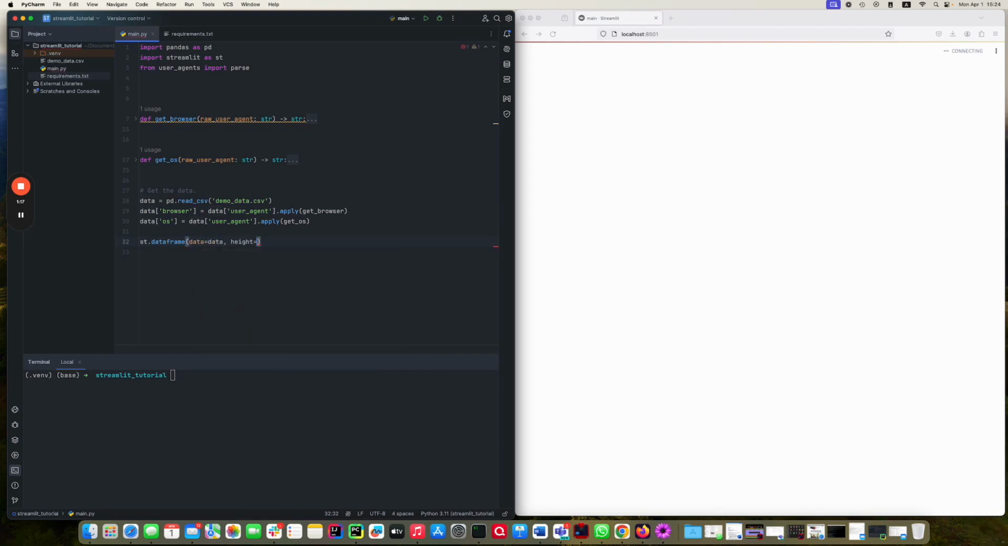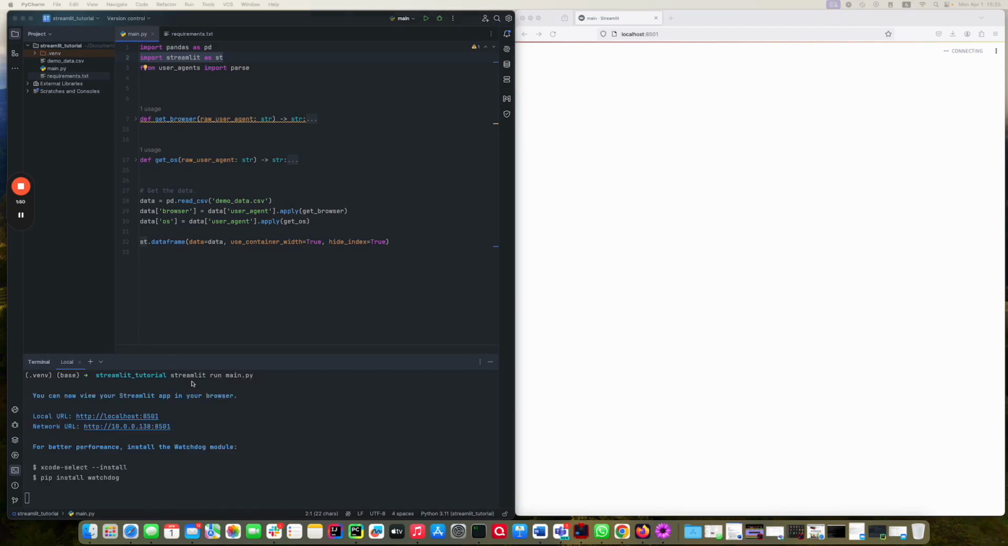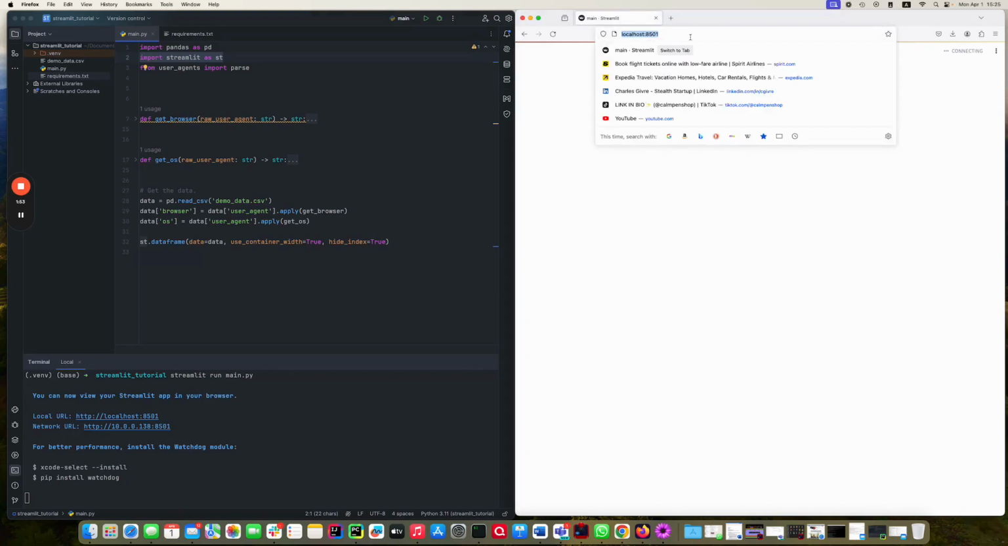My data frame is called data, and we can just start out with that. Then I'm going to set use container width to true, because that will make it a little bit nicer. I'm also going to set another parameter called hide index to true, because it just makes it look nicer. So I have really one line of code here. Oh, and you have to import Streamlit, and typically the convention is to import it as st. Once you do that, you type in streamlit run, and my demo here is called main.py, and then I can just rerun this over here,